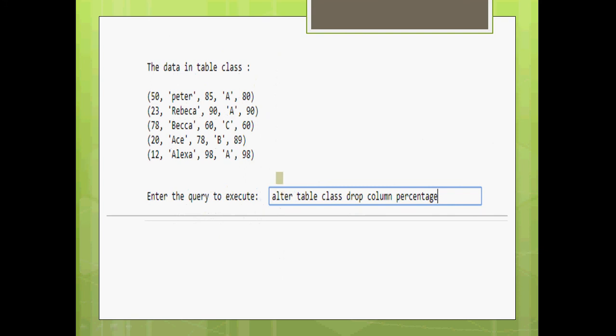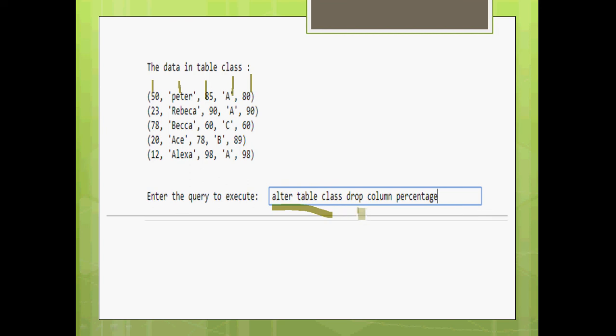So we saw the update statement and the insert statement. Now I am going to show you how to alter the table. Here you can see that we have 1, 2, 3, 4 and 5 columns, or attributes. 5 is the degree of this particular table.